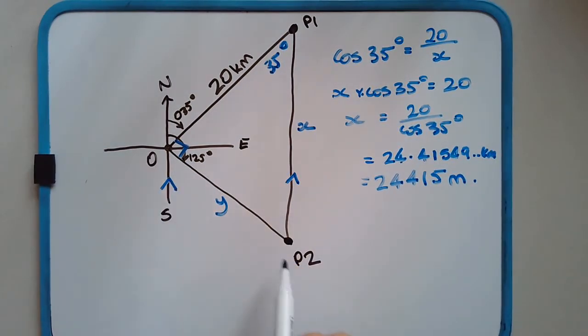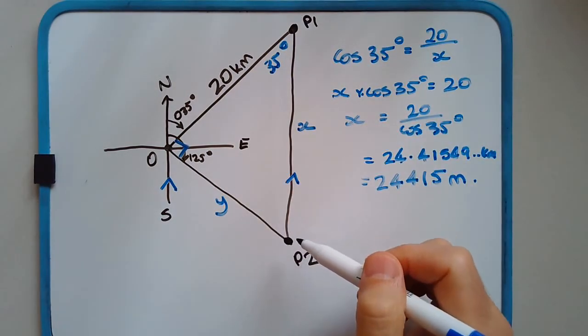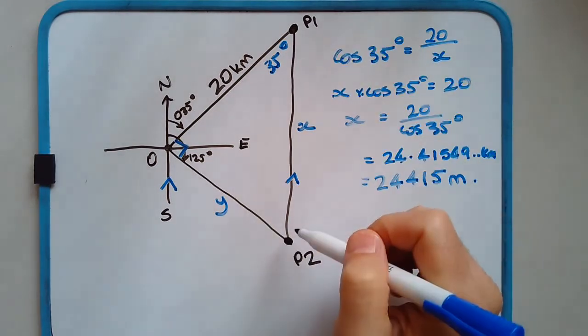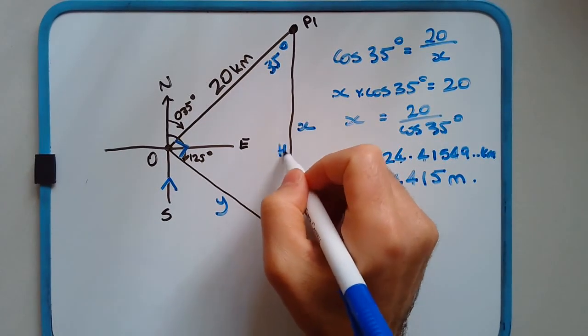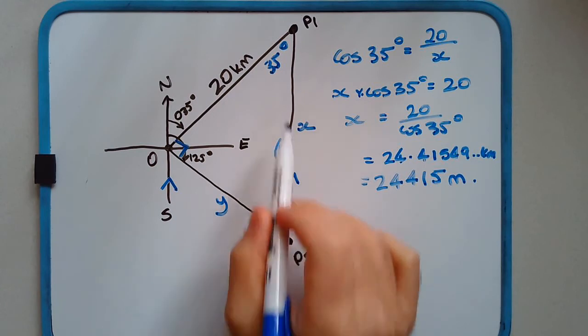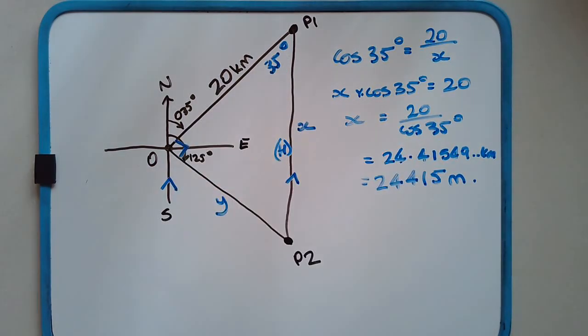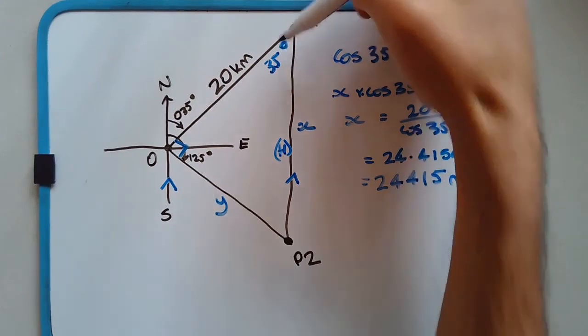Now let's find Y. Now there's two ways we can do this. We now have X. We can use Pythagoras theorem. X is a hypotenuse, so I might just put an H there. So that's our hypotenuse. Hypotenuse squared minus 20,000 squared should give us Y squared. Or again we could use right angle trigonometry. This time it's not involving the hypotenuse, it's involving the two shorter sides, which means it's going to be the tan ratio. So tan 35